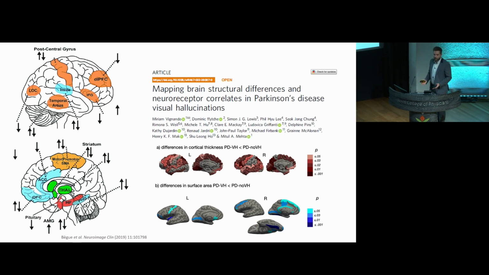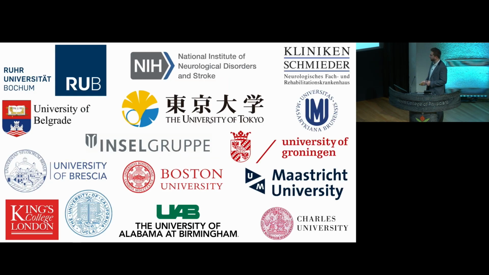So there are probably avenues for using more big data approaches to synthesize the literature, and that's exactly what happened through the project of one of our amazing postdocs, Dr. Miriam Vignando, who did a study in Parkinson's disease hallucinations, comparing structural neuroimaging using this mega-analytic approach. So mega-analysis is a bit like a meta-analysis, but the key difference is that it analyzes the data at the individual participant level rather than using aggregate data. So you could argue that it adds more power, it's a bit more granular, that sort of thing.